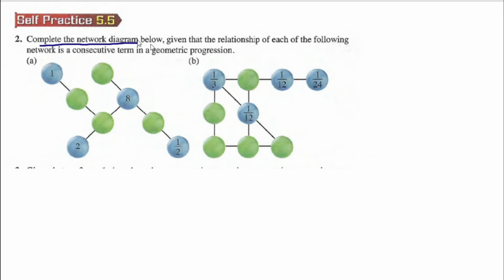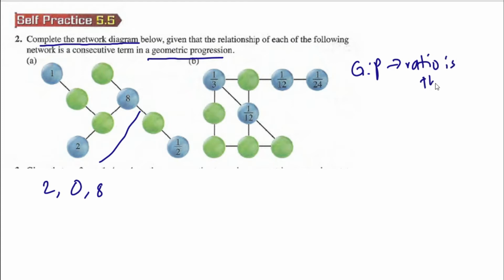Complete the network diagram below given the relationship is geometric progression. So we see which is straight line. So we can see we have here 2, box, 8. So for geometric progression, the ratio is the same. Which means for this question, if 2 times r and we times r again, we should get